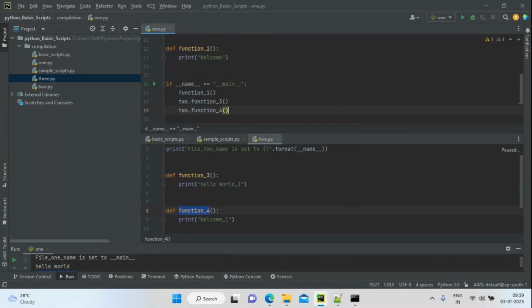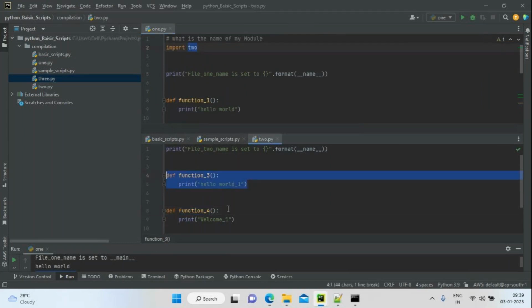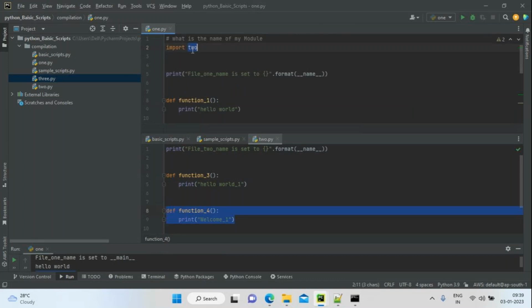See, if you are calling like this, what will happen? Because here I'm just importing the entire 2 module. This function will take some memory through the memory manager. The entire module is taking memory. I'm going to ask only for function 3, but just by importing 2, it's going to take the entire memory from the heap.